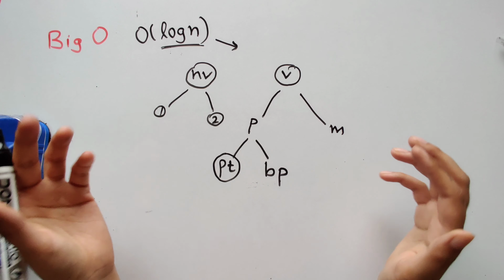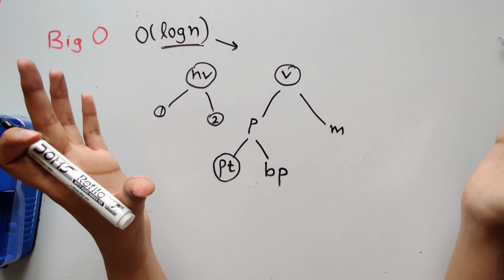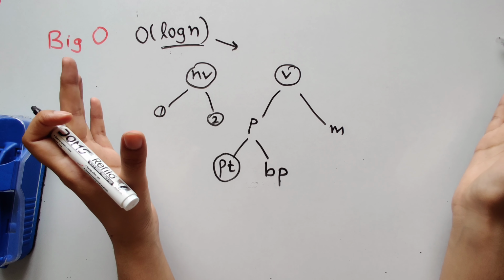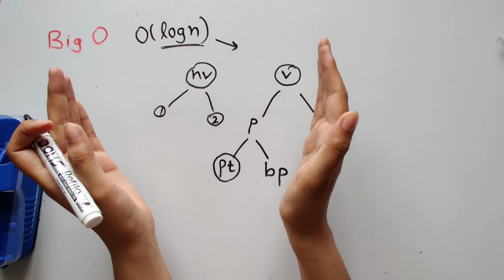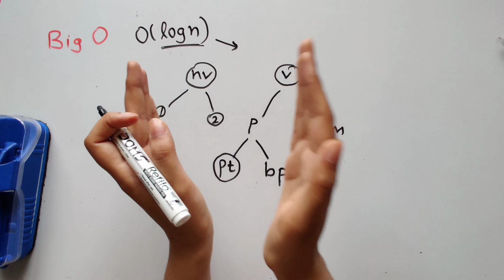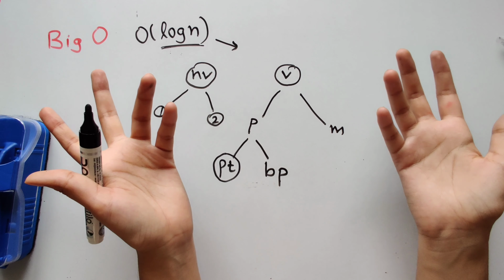So what pattern do you observe here? Given an input, you're completely ignoring half of the input and you only care about the other half. You repeat this process again with whatever is left. Again you ignore half of it and only care about the other half. How can we see this through code?